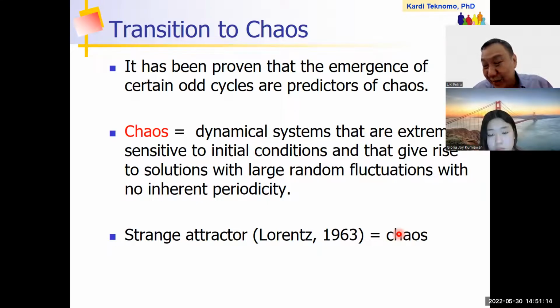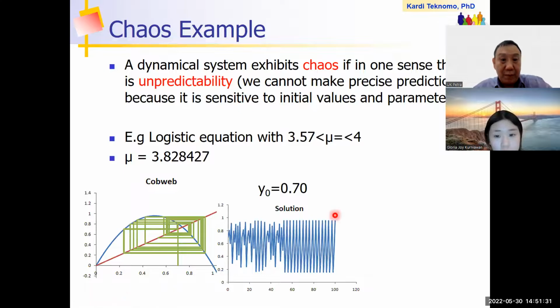Okay, so the initial value matters because you just change a little bit the initial condition, the y0 or x0 a while ago, and then suddenly it will create a random fluctuation. Okay, so I give you an example here. You can try in your logistic equation, this one, mu from 3.57 up to 4. I give you the drawing here. So mu 3.8